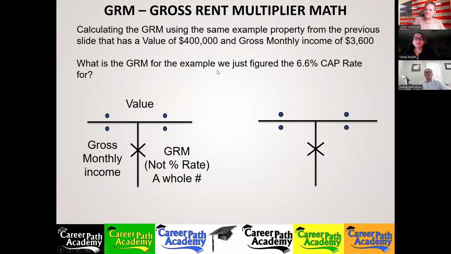What numbers do we put in for the reverse T formula? The value is 400,000, 400 on top. And the gross monthly income, that's the 3,600, goes on the bottom. 400,000 divided by 3,600, and we get